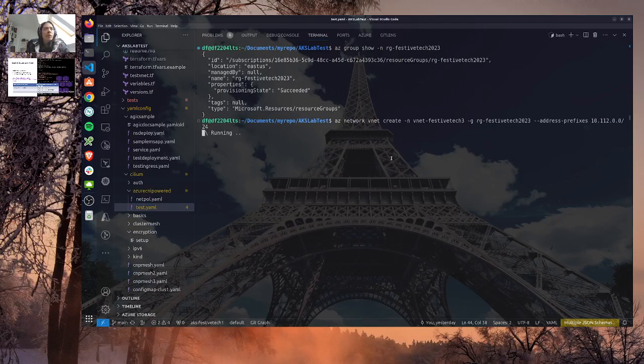Once this is finished, I will create a subnet and then I will create a cluster.